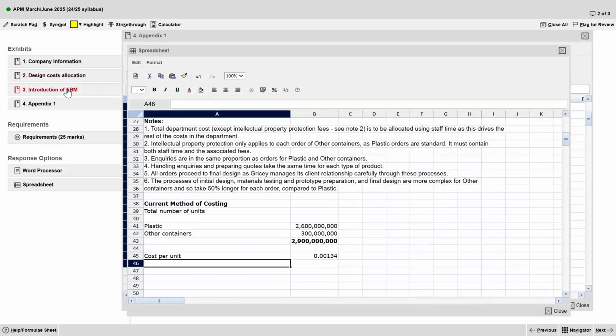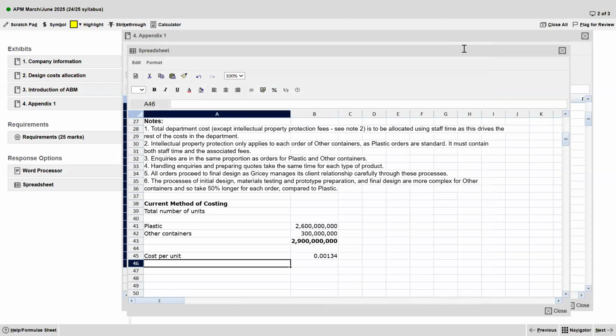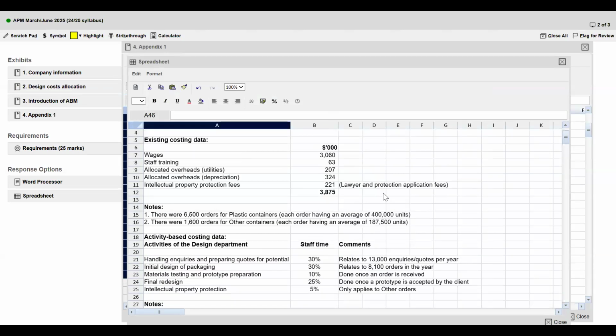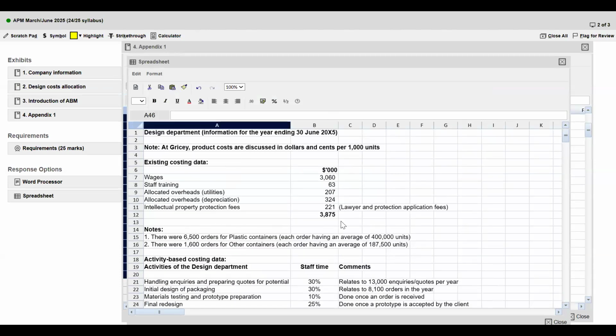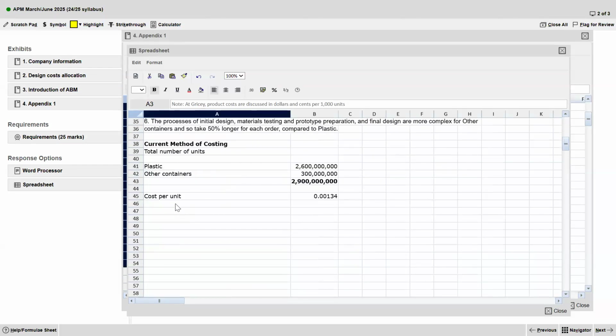Now, what is he asking us to do? We would like to calculate and compare the overhead cost per unit allocated to both types of product from the design department using the current method of costing. So I have to compare. Where is it mentioned per thousand? Okay, it says at Greasy the product costs are discussed in dollars and cents per thousand units. Okay, so per thousand units